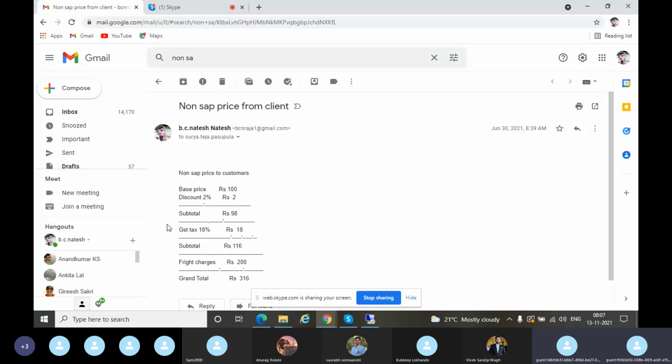Discount for that customer, for that material, is 2%. So for base price and discount, I have taken one table called 652. And I have taken another table, 653, only for the material. Why? The tax you are going to put is 18% tax on the material. It is material alone.